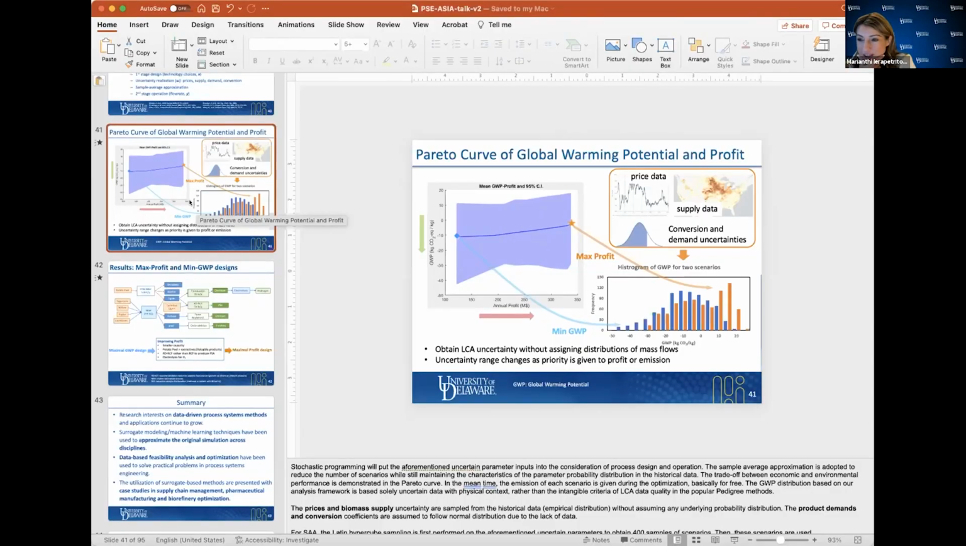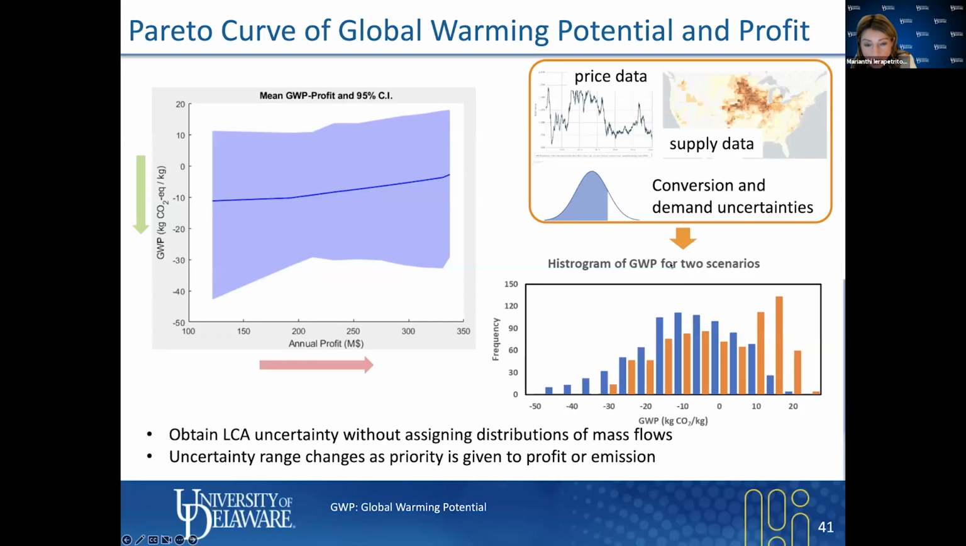That's an interesting question, and I'm not sure I know the answer of how we can reduce the uncertainty. As you see from the graph, we are utilizing price data, supply data, conversion and demand uncertainty. So we really put a lot of emphasis on where we're getting our data from. Especially in the life cycle assessment domain, if you're using SimaPro as your software to evaluate the global warming potential given inputs and outputs, the most commonly used approach to evaluate uncertainty is the pedigree method. And the pedigree method is very empirical, it is not capturing the price data,